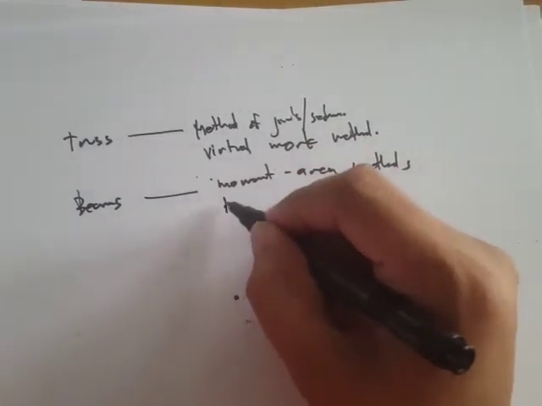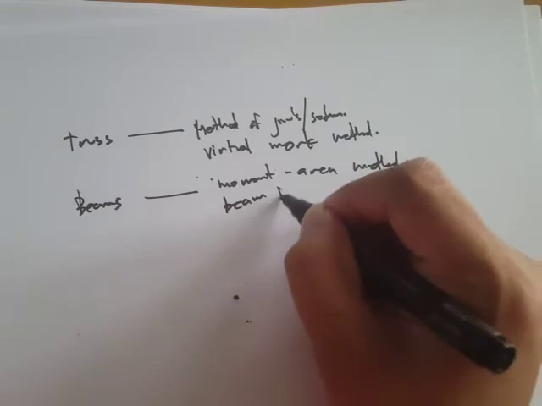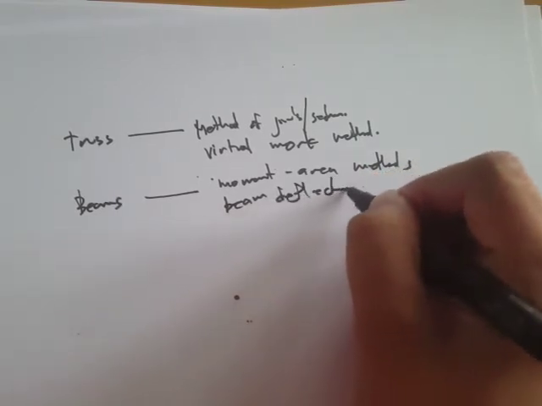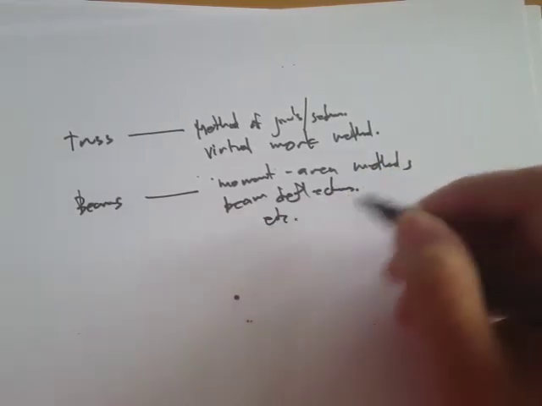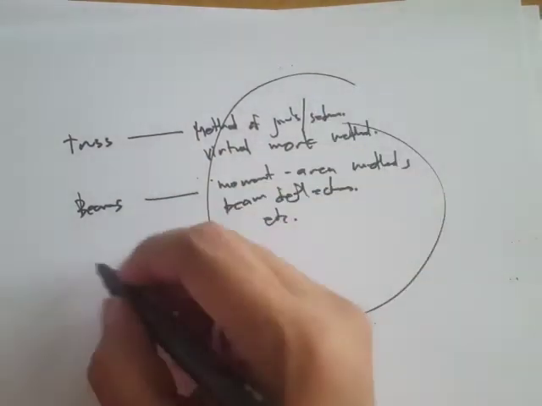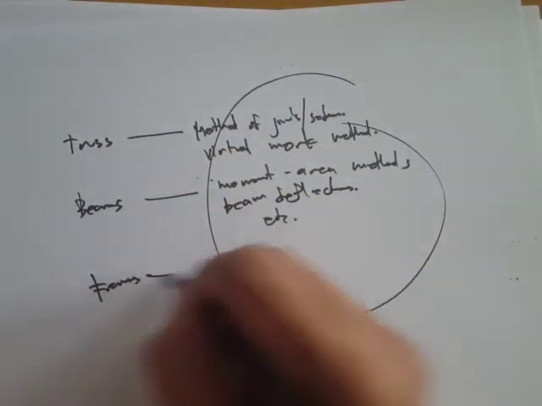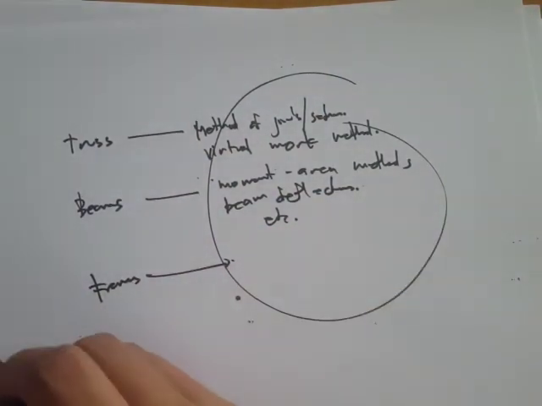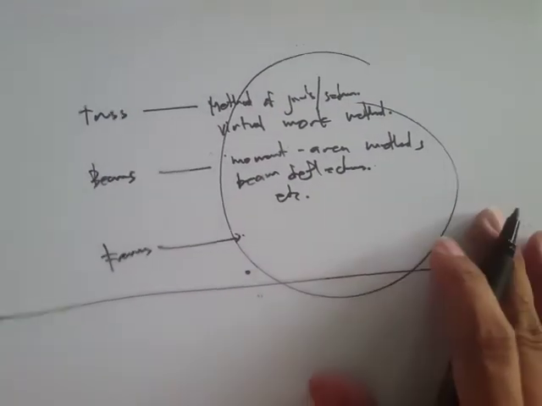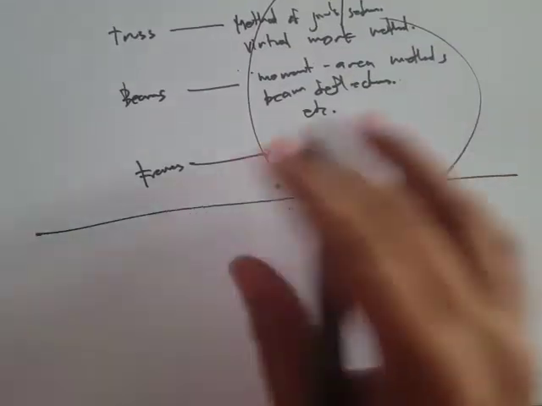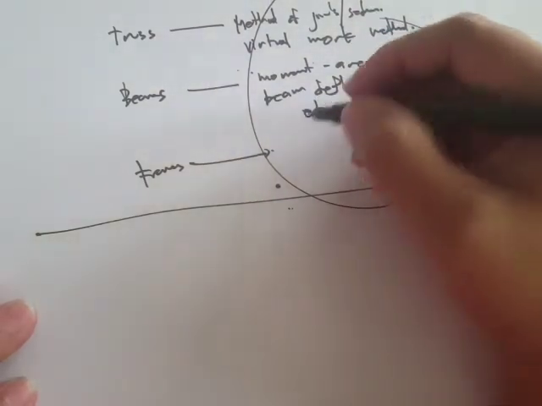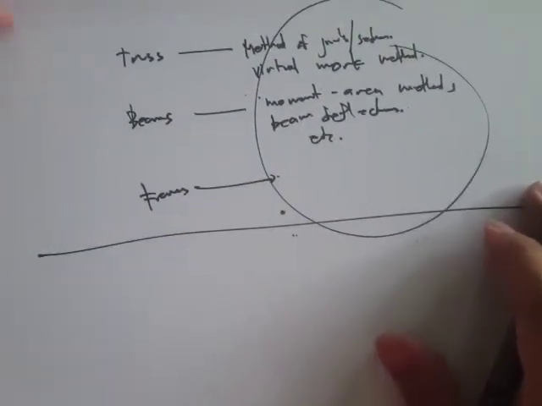Okay, let's say the beam deflections, etc. So it's all about the methods. For frames, also the same. Now let's highlight the indeterminate structures. Okay, so for indeterminate structures,